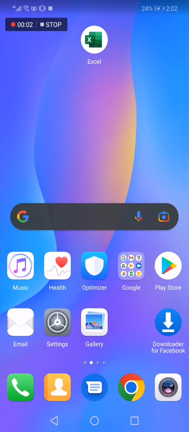How to share any Excel document through Wi-Fi Direct. Hello guys, in today's video I'm going to show you how to share any Excel document with Wi-Fi Direct, easy